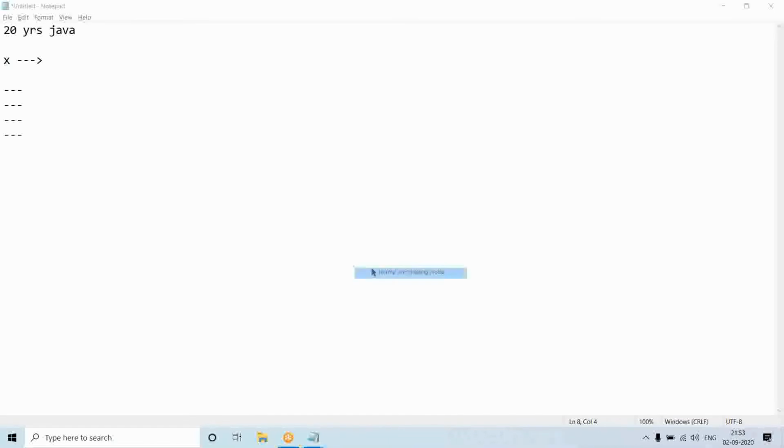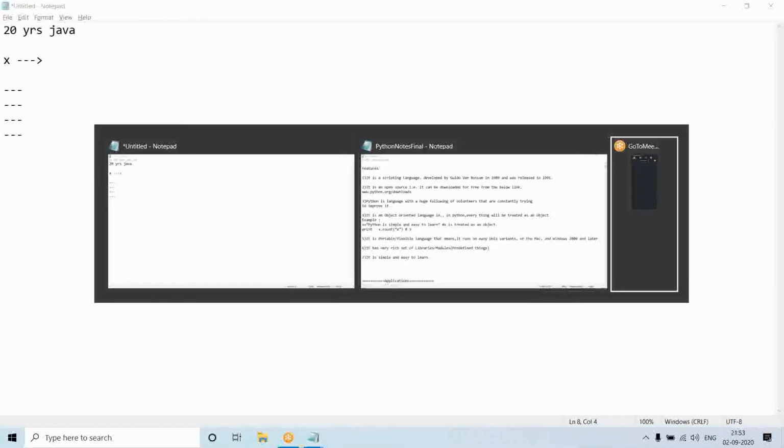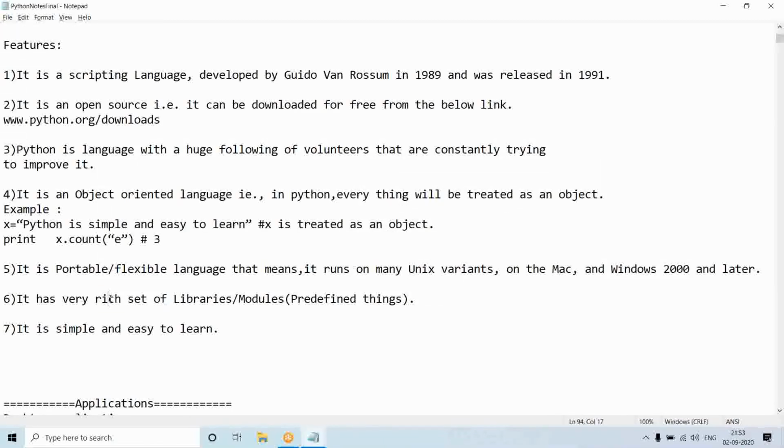See, this point is very important. Python has a rich set of libraries or modules. Using these libraries, you can satisfy your requirements in different areas, fields, or contexts. For now, please think of libraries or modules as predefined things.